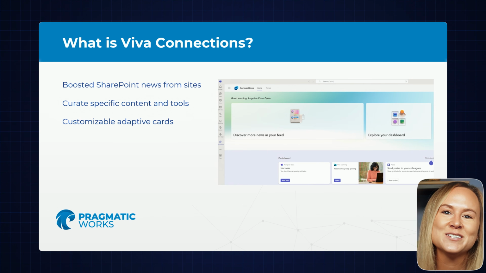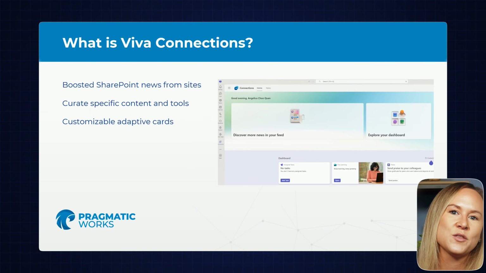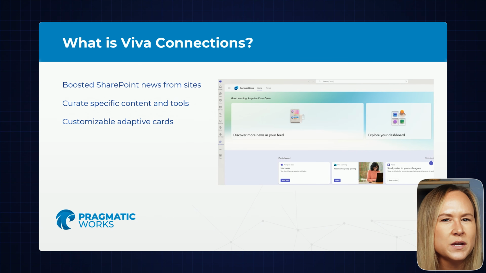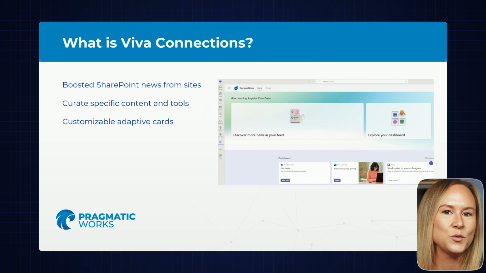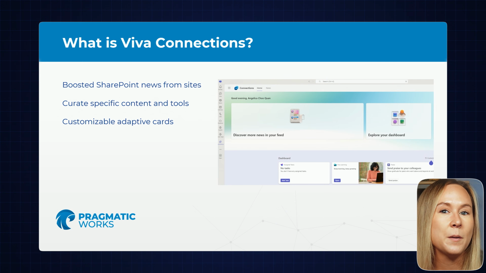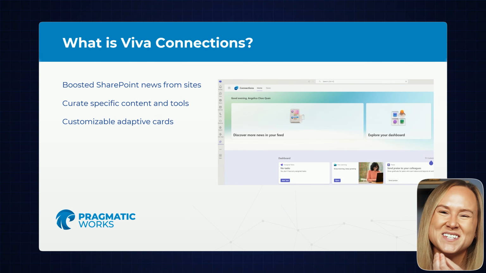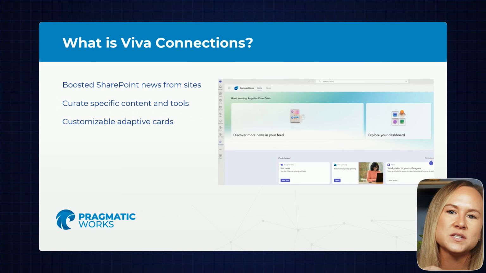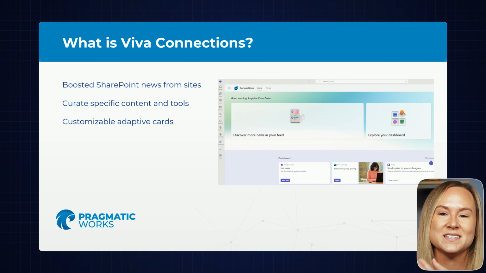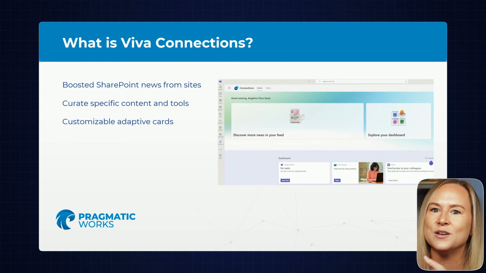Viva Connections is designed to connect employees with tools, news, and resources within Teams as well as on the web. Viva Connections is composed of three primary components. You have the feed, the dashboard, and as well more resources. The feed will keep your employees informed by surfacing relevant company news and announcements in one place. It will aggregate content primarily from SharePoint news and other organizational communications that you choose. Content is targeted and personalized based on the role, location, and audience. And the purpose is to ensure employees stay up to date on what's happening across the organization without having to